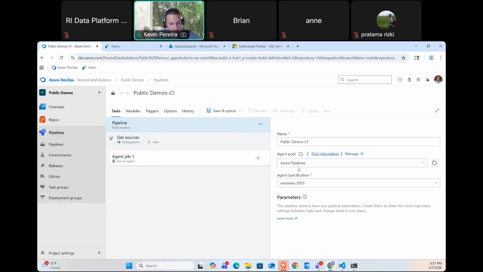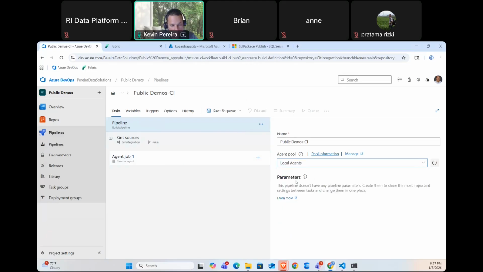Here at the pipeline level, you can see that it's calling out the agent pool and it defaults to Azure Pipelines. I talked earlier about how you can use the hosted or you can use private ones. I usually just say, hey, go use a private one. Mine happens to be called local agents on my computer. And so that's what I set this up. So that's going to tell the service, hey, whenever I go to run anything, it's going to run on your